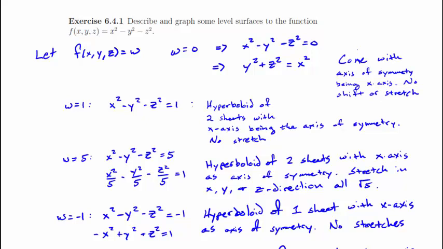If w equals 1, we get x squared minus y squared minus z squared equals 1. This is the equation of a hyperboloid of two sheets with the x-axis being the axis of symmetry, no stretches in any direction. And keep in mind here, you might go back and look in Chapter 9, there is a nice page that shows the 6 different basic surfaces that we look at: cones, hyperboloids, parabolic hyperbolas, ellipsoids,